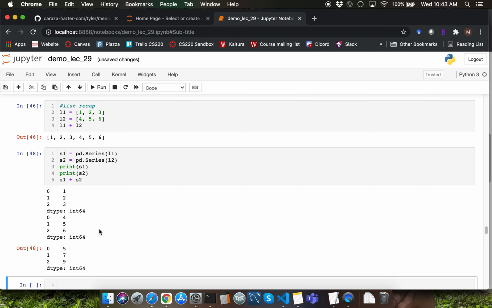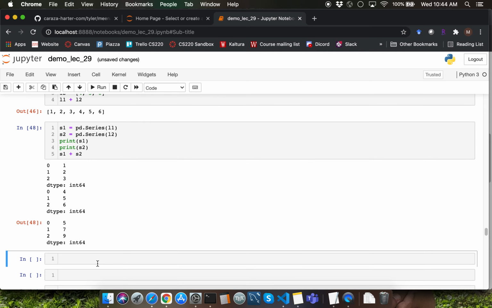This is really cool. If you were to do the exact same operation using lists L1 and L2, you will have to write a for loop to iterate over the list and then sum up the values to generate a brand new list object instance. Because Pandas supports element-wise operations and Boolean indexing, we can avoid using for loops and we can just write a single line of code to perform S1 plus S2 over here.